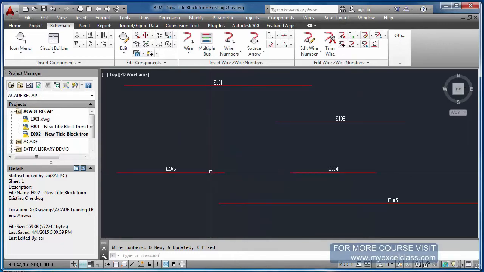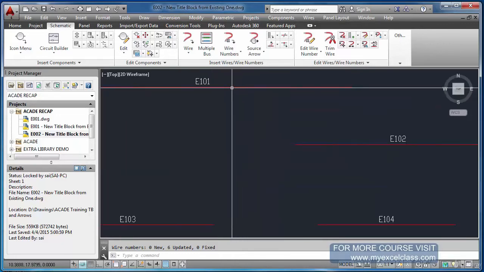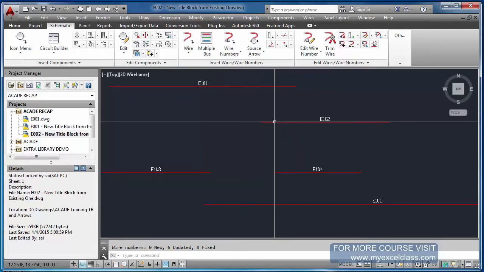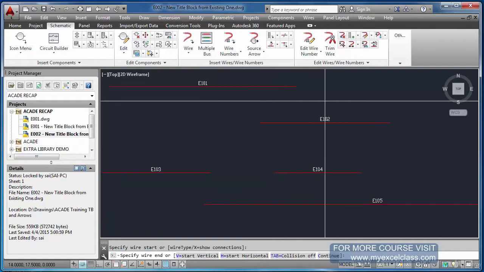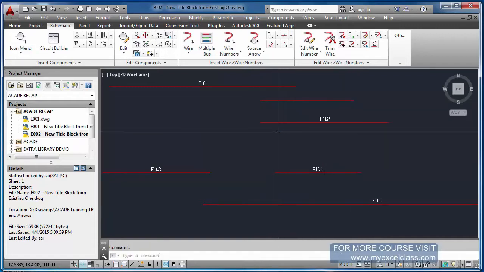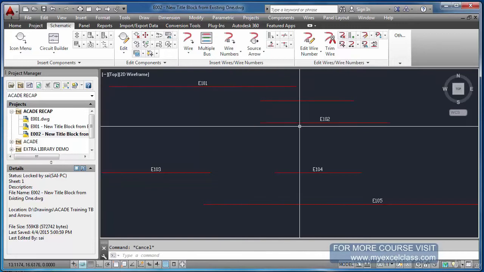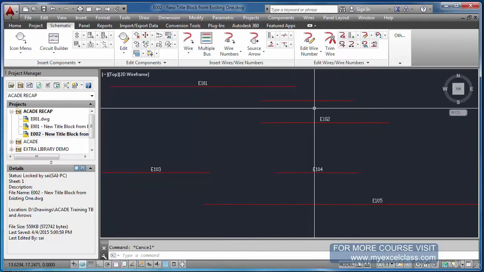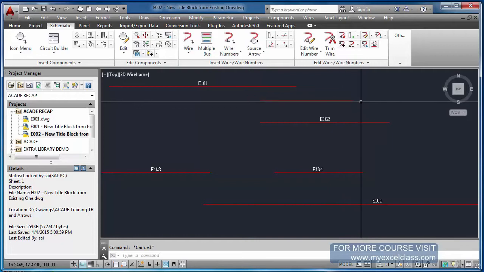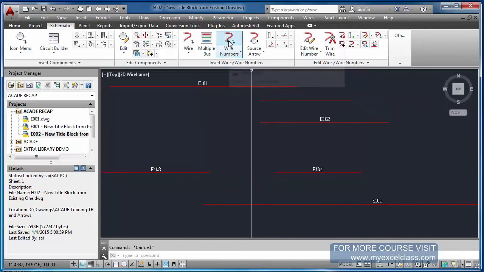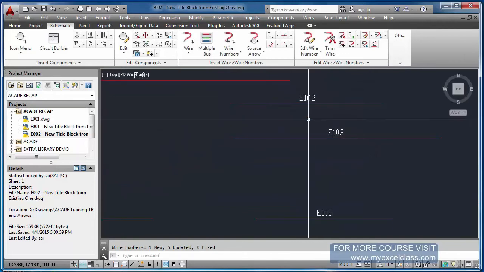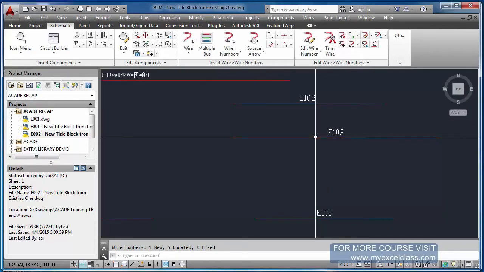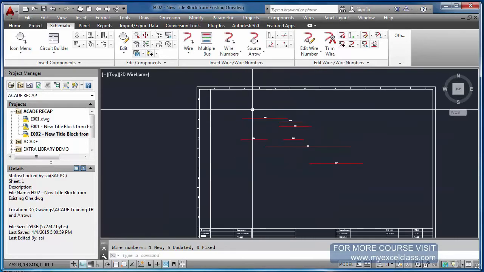Basically, if you see the wire number E101, the one just below that is 102. Suppose I draw a wire in between these two, and again do the wire numbering. Remember, now this is 102 and this new wire doesn't have any number. Now I am doing the wire numbering again. Now you see the middle one became 102 and the third one became 103, because the program reads from top to bottom and left to right.